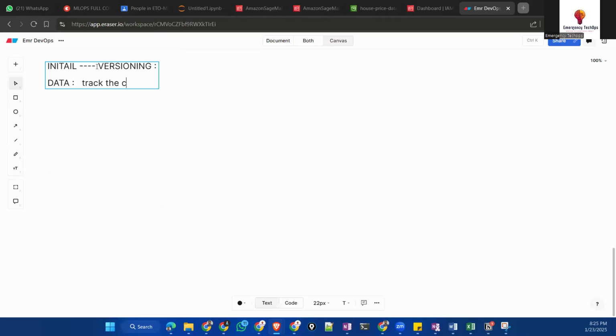Track the changes to the data, and that falls under versioning. Examples: versions, lineage and transformations all come into your data under versioning, for identifying data drift.